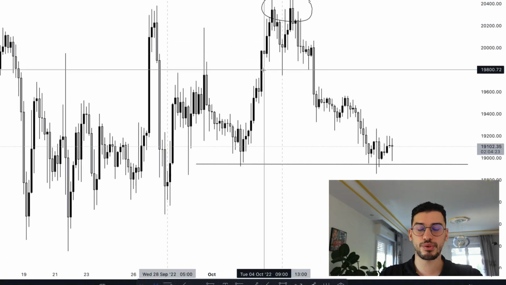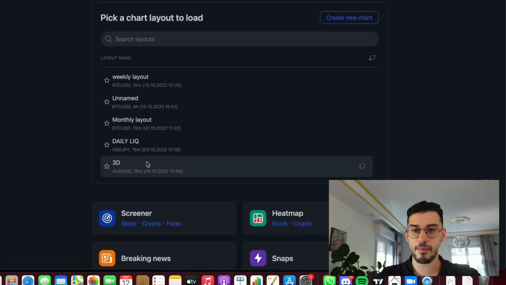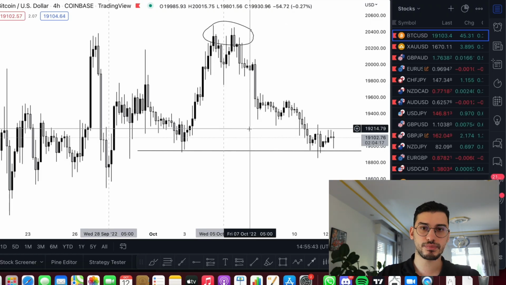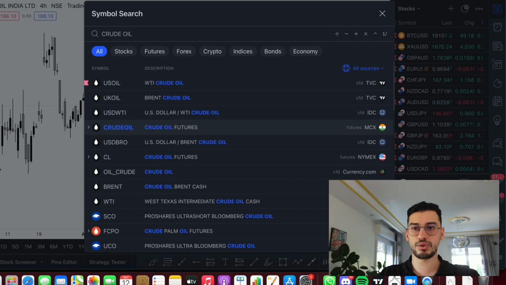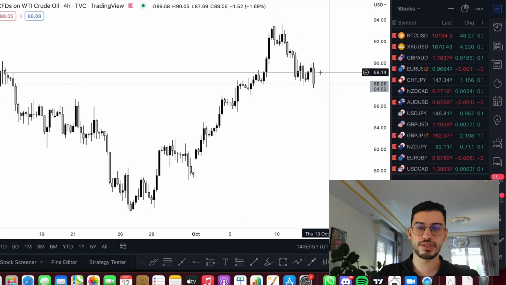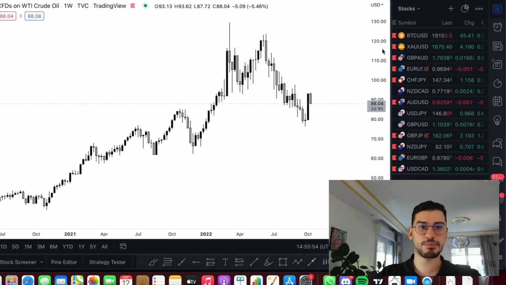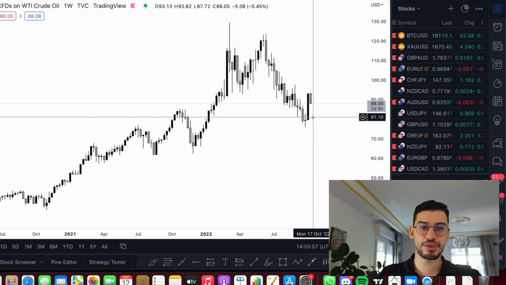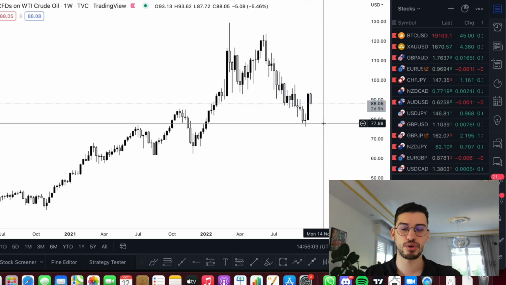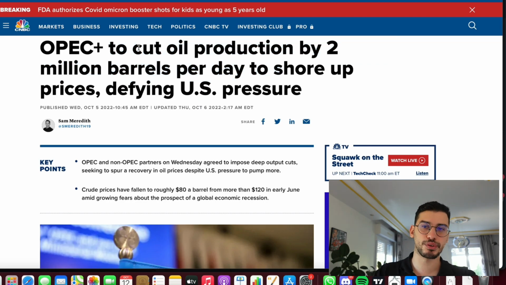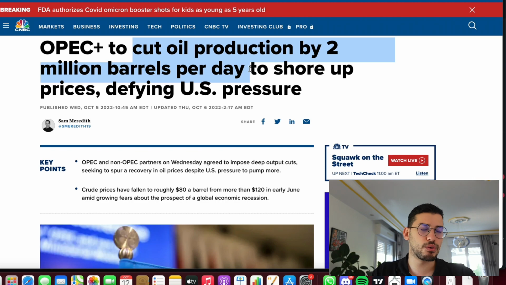Now the oil prices, if we go and look at them, hopefully, so let me choose this, and if you go and look at oil prices, not this one, crude oil, you'll see that it's been pushing down for a while now. When they took that decision, look what happened. We started seeing some bullishness in oil prices. So they wanted to raise oil prices up, and what they did is they cut oil production by 2 million barrels per day. Now, how does this news affect us? When they cut down the oil production, which of course causes the oil prices to rise because the supply is now less.